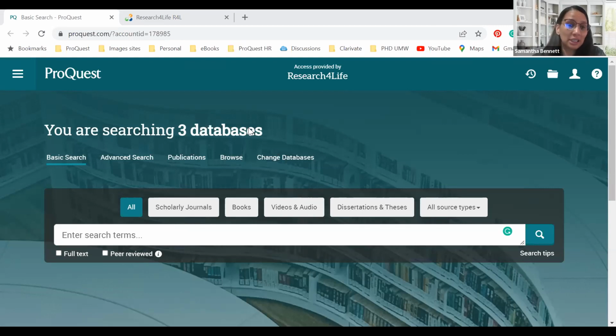There is some free searching on the platform if you go to our free publicly available content. So you can search on the platform and find the publicly available content, but you won't be able to access the full text of the articles. Especially if your university or institution is not part of Research for Life, you won't have access to that.